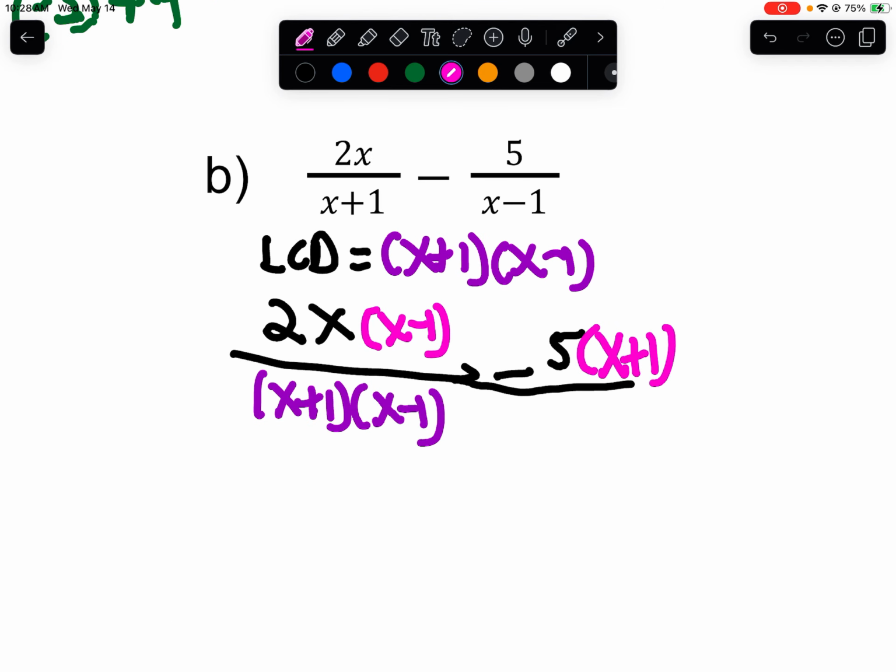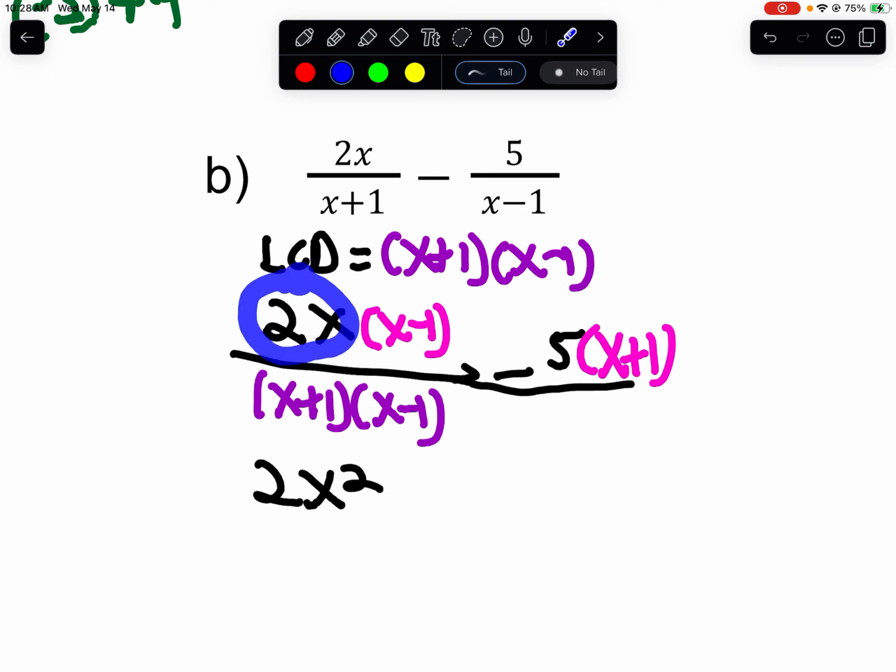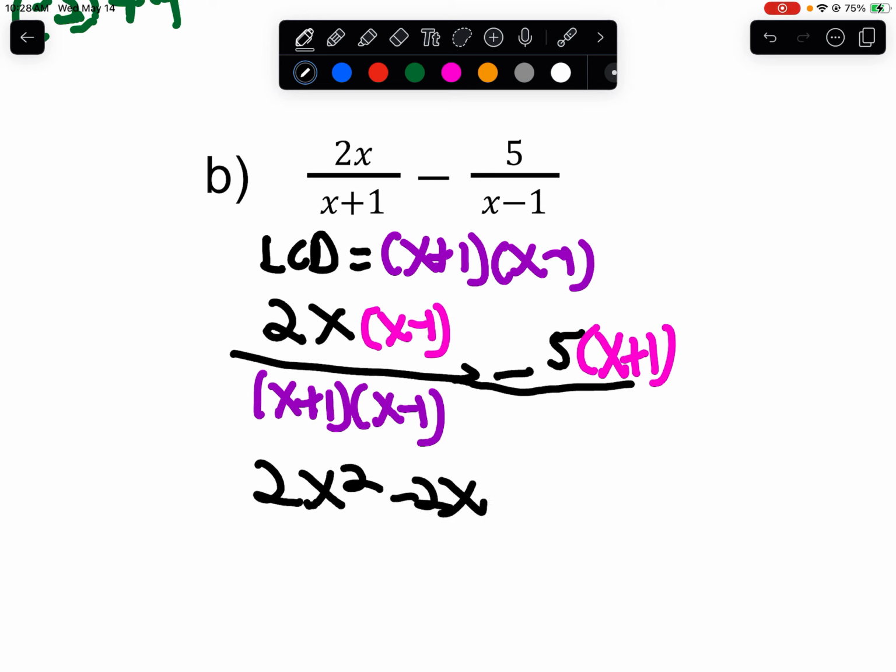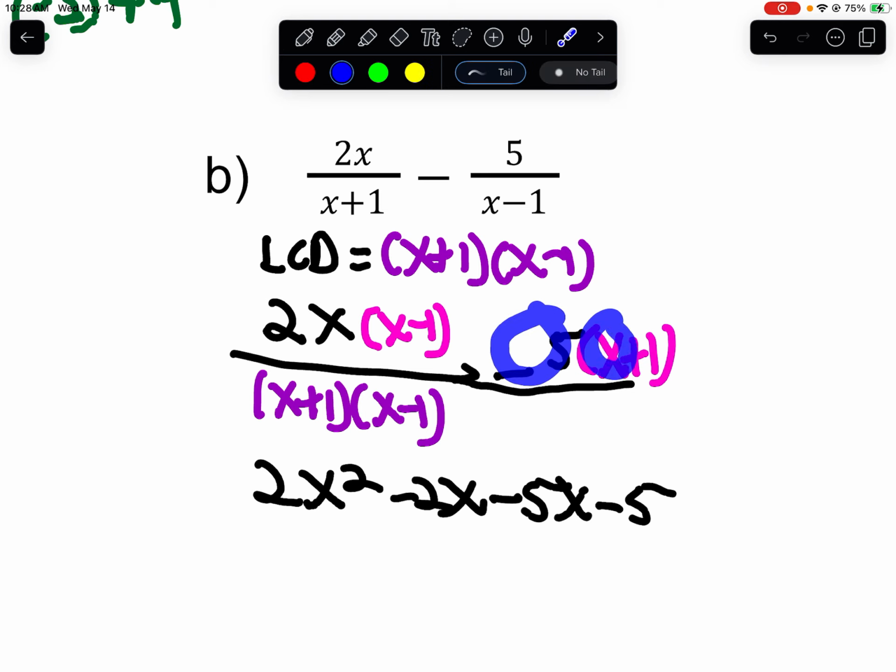Okay, so you got 2x times x is 2x squared. You have 2x times a negative 1 is negative 2x. You have negative 5x minus 5 from the back end, right? Negative 5 times x is negative 5x. Negative 5 times 1 is negative 5. All over